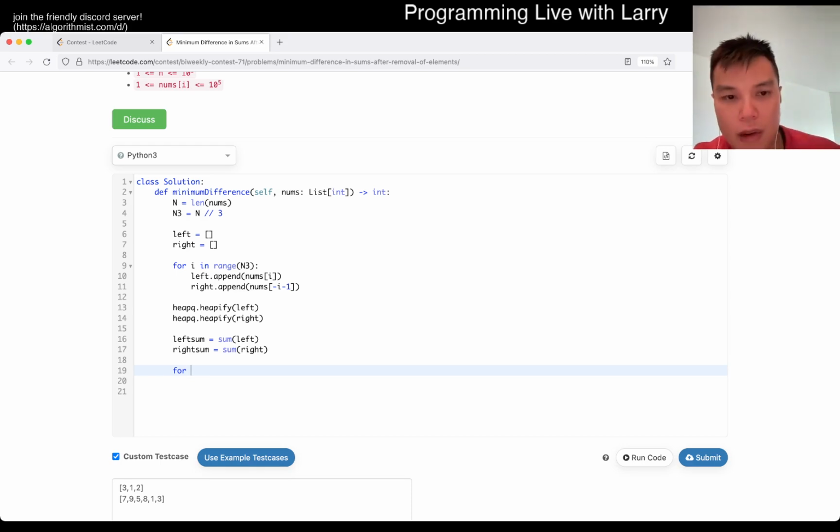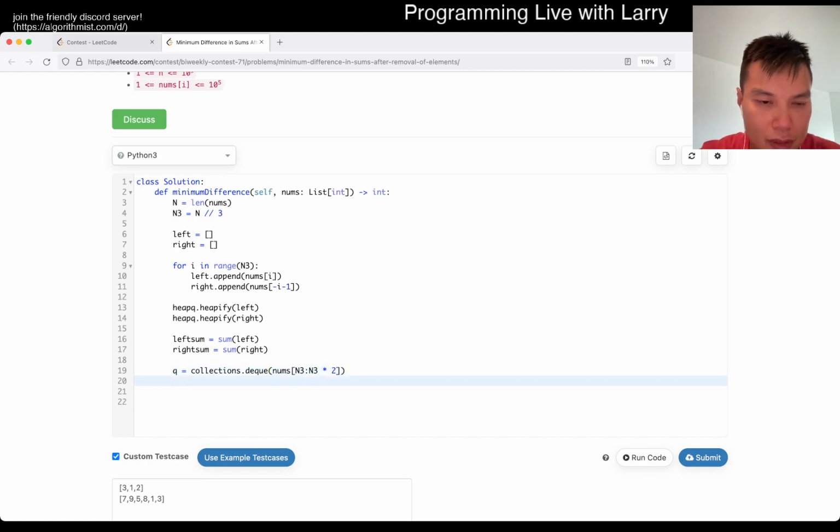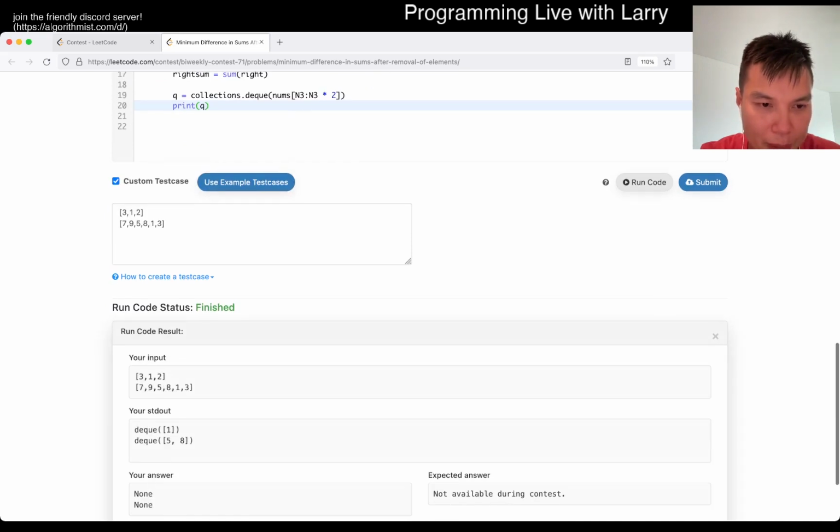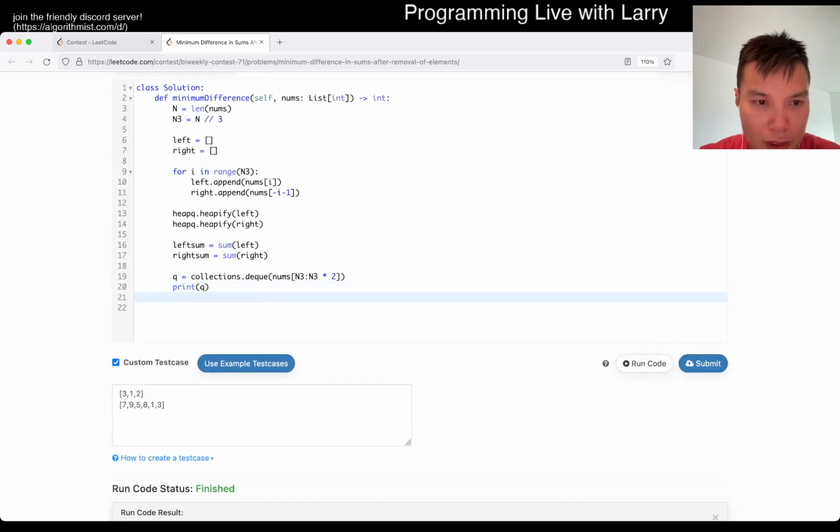Okay, so now what we want to do is, let's do something slightly silly, but what's it called? That's the middle third, right? Yep. Okay, cool. And then now,